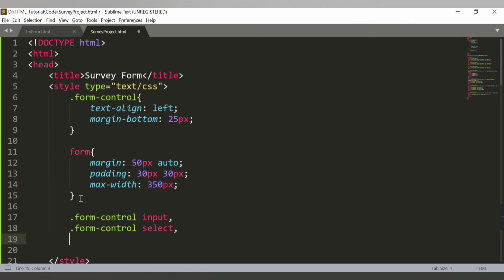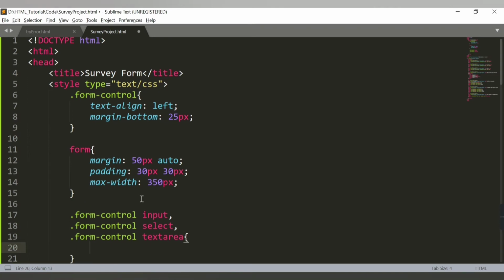Another one was for the text area, form control, text area, and now we'll provide the styling. The input will contain all the text inputs as well as the radio and checkboxes. Select is for one of the labels which we are using as select, and one text area. So let's provide styling for this.